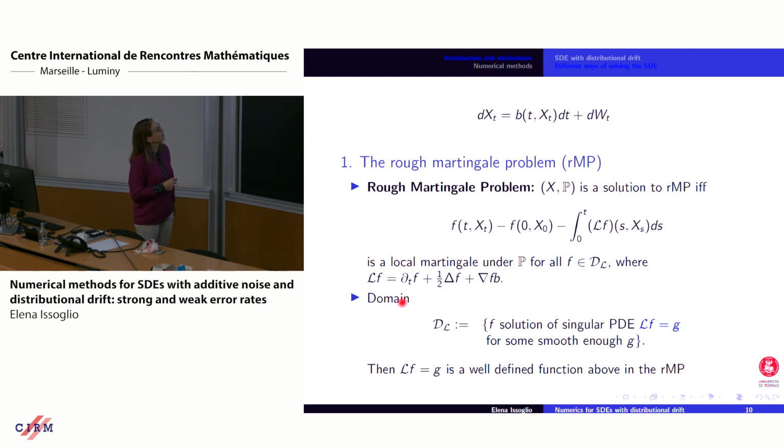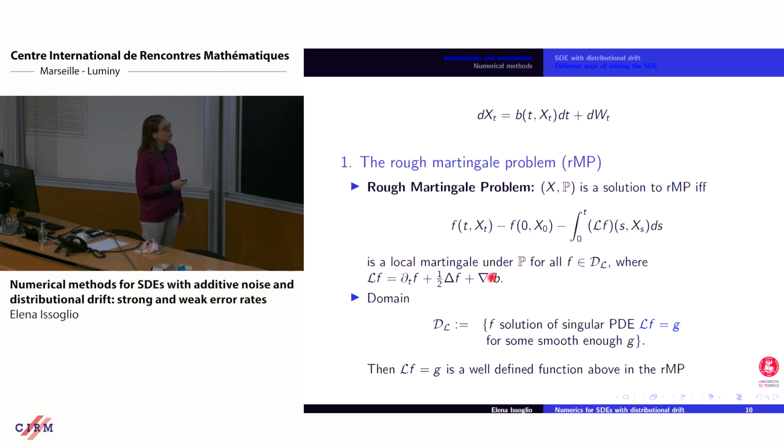So if b is a function, L is this: the time derivative, the Laplacian, which corresponds to the Brownian motion, and then gradient f times b, which corresponds to the drift. Now, the thing that happens is that if this b is a distribution, first of all, gradient f times b has to be defined, but this is possible with pointwise products or paraproducts, if f is regular enough. And it's still a distribution, however, so you can define it, but you end up with the regularity of b.